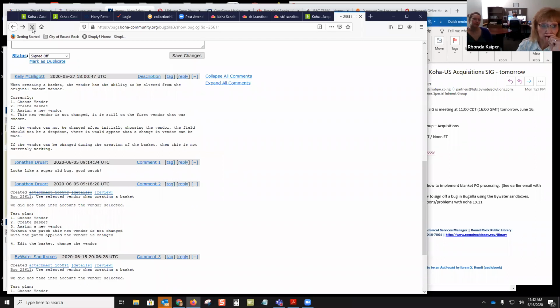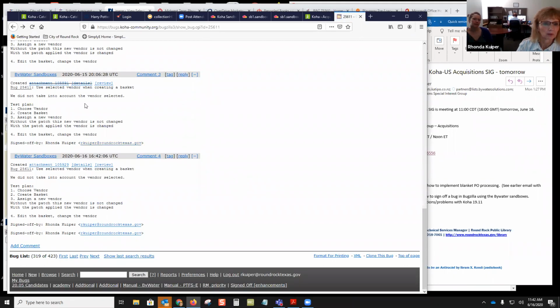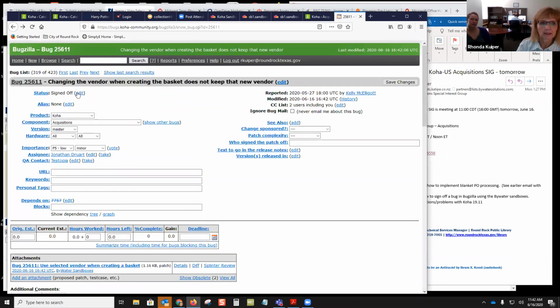So I'm going to refresh this, and we can see there's 2 sign-offs here now, both of them being me. And this looks all good, but what that comment that I scooted past before said is right now those sandboxes, what it won't do is it won't update this status. This one is already updated, but if it said need sign off before, it will still say need sign off after you signed it off in the